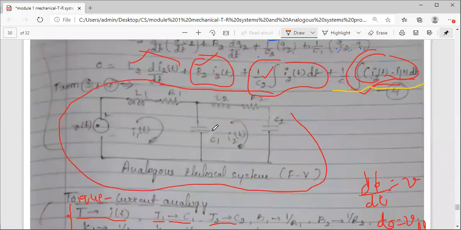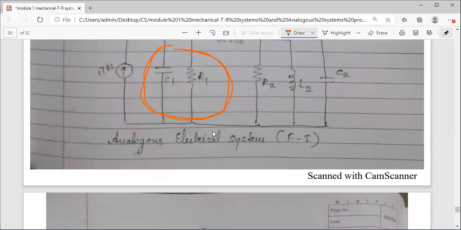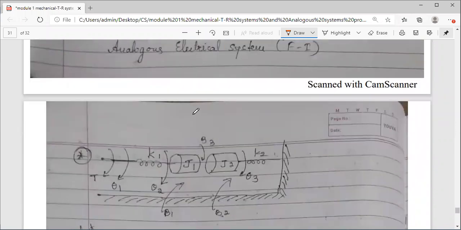Hope you understood this problem. Only one problem we have solved. I have one more problem here. If you want, I'll continue with one more session and solve this problem, or you want to take this as homework. It's up to you. Ping me so that I can take one more session, or should I drop it? Stop it.